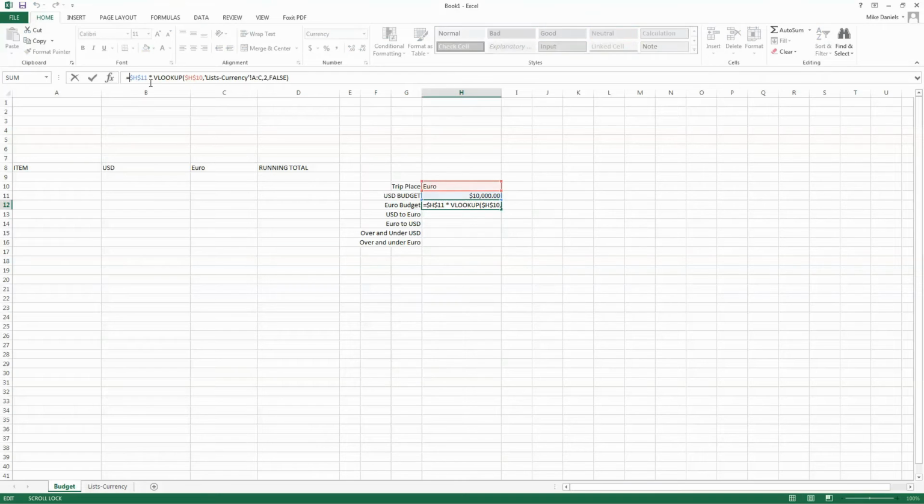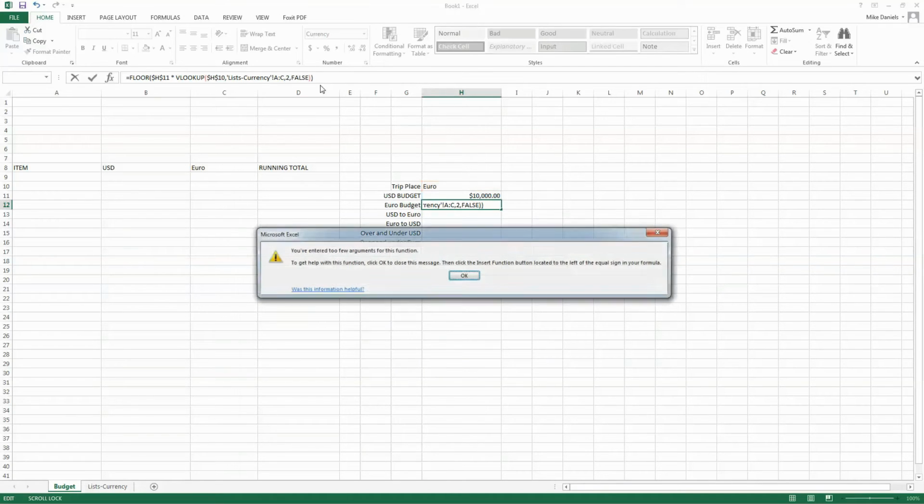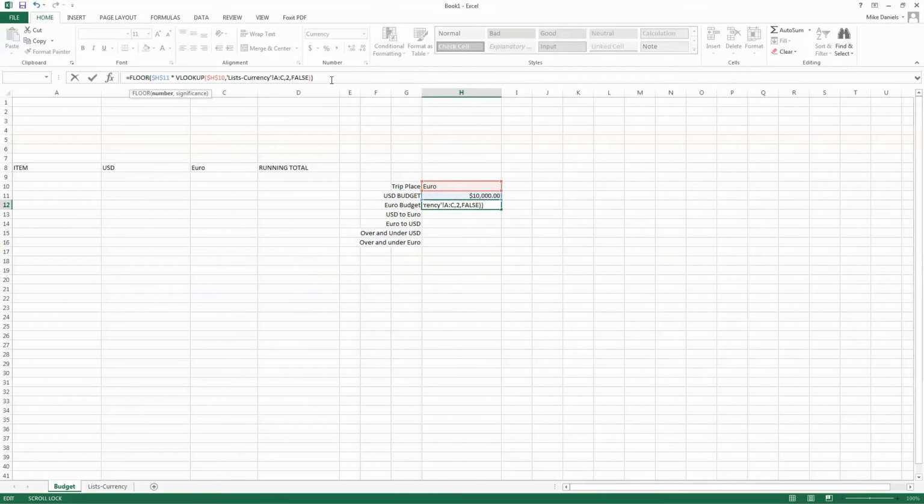Now, I want to floor this though, because that's actually what the bank's going to do. If you don't know what floor is, go look it up. Oh, and I need to tell it how many decimal places, significance of 2 decimal places, and there we go. So it's actually going to floor. You're going to notice that it was at 75 cents. Now, if I do the significance of 0, so if I come back in here and floor this and do a significance of 0,